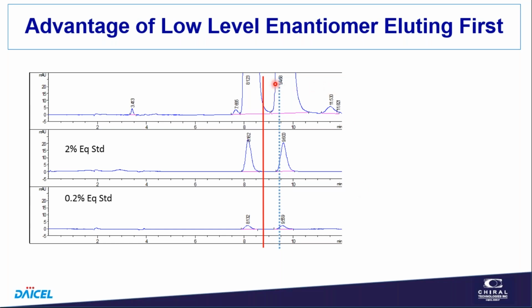But if we look at how much the front peak bleeds into the tailing peak, we see, well, that's not so much. In fact, you can see that these peaks probably have no bleed of the later eluting peak fronting into the second peak. So in general, we would want to have our low-level enantiomer elute first if we can. Two advantages: one, the first peak is usually taller, and the other is there's less interference from the later eluting peak. Can't always do that, but at least you need to be aware that you can have some tailing of the first peak into the second peak.